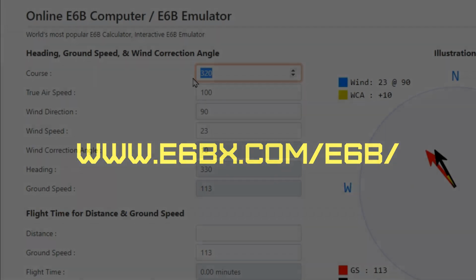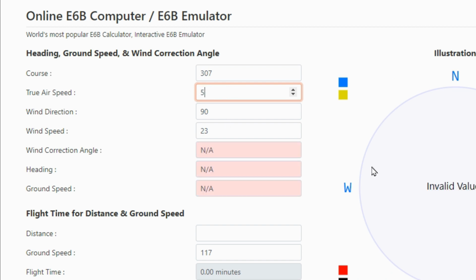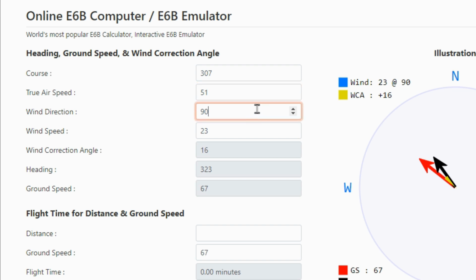You can do this via a variety of methods. I'll make it really easy and we'll do an online one. So we'll do the first couple and it should hopefully make sense at that point. So the first thing we do is our course. We've already seen from the measurement that the first track is 307 degrees, so we'll put in 307. True airspeed, that's our wing speed, which we know for my wing is 51 kilometers an hour. The wind direction is 090 degrees, that's already in there, and the wind speed is 28 knots, so we put